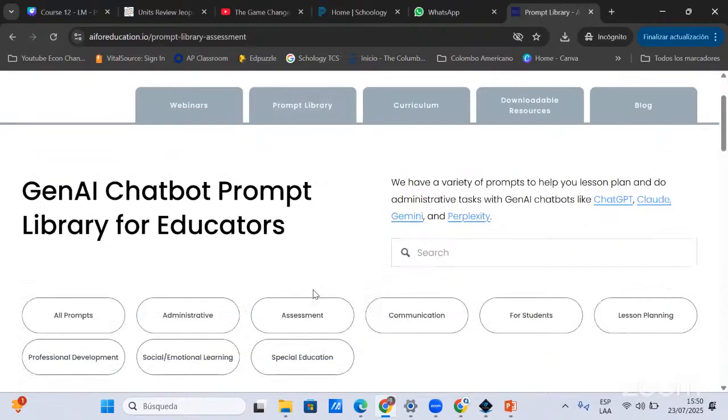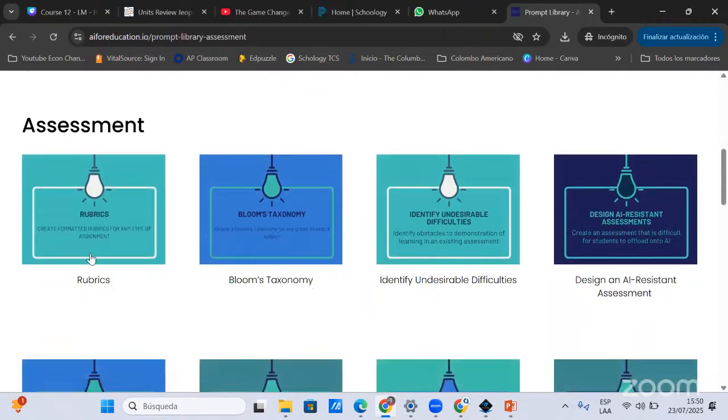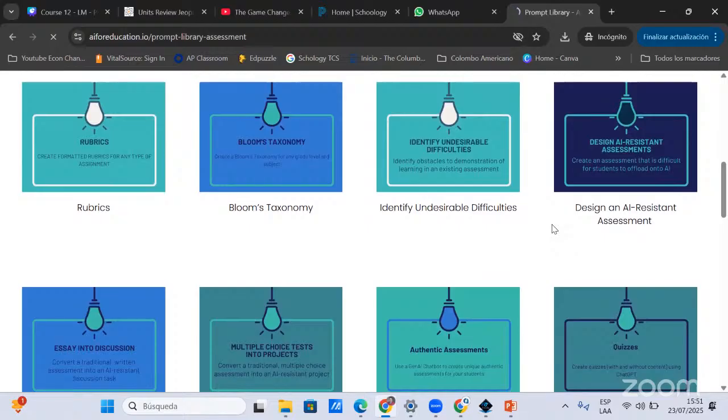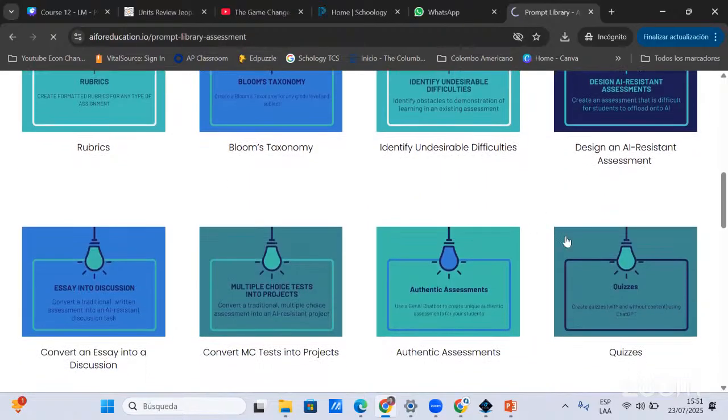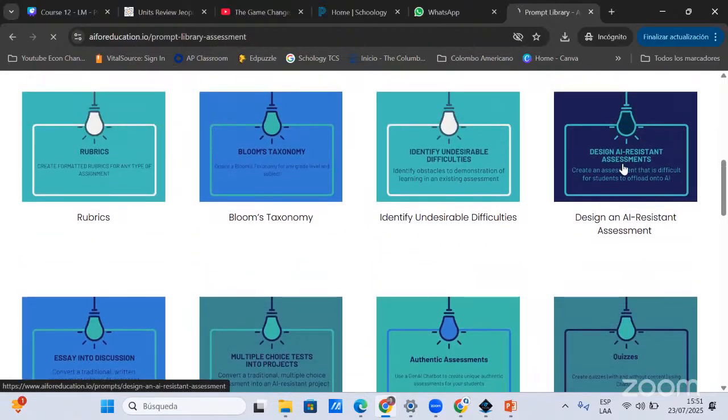You have assessments that are going to be rubrics. You can build your own rubric. You have the prompt about how to do it. You have an AI resistance assessment. How does it work? You click on this section, or you can work with the Blue Society. Maybe that's something that the institution works with. So you click on this one, or you can do authentic assessments, which are going to be worked with